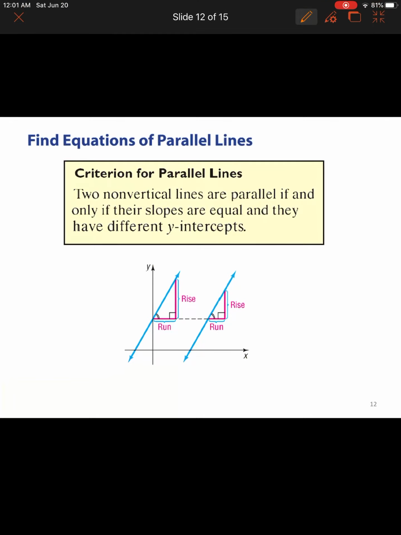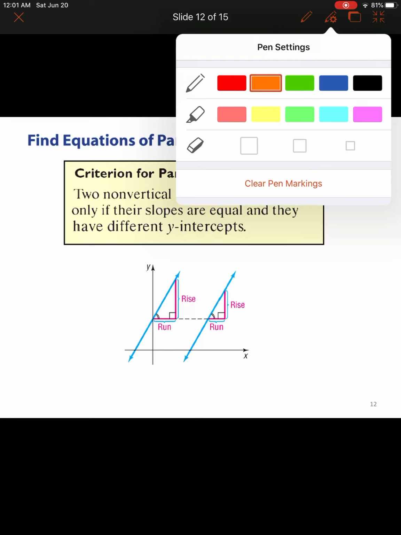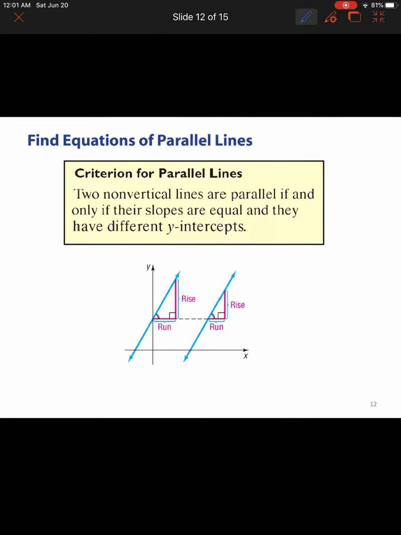Now, parallel lines. Here's some take home, right? Yeah, I see all that math jargon right there, but that throws some people off. This is what I want you to remember. For parallel lines, they have the same slope. Parallel lines have the same slope